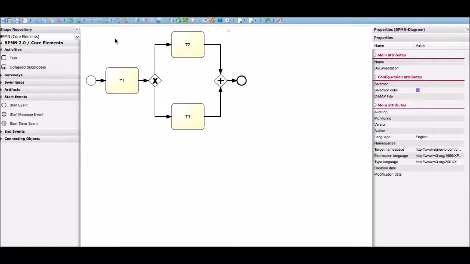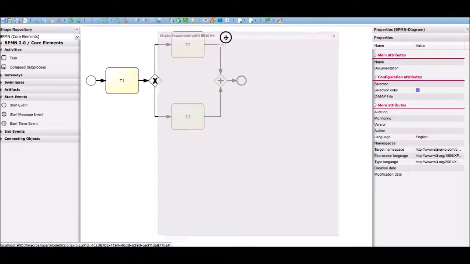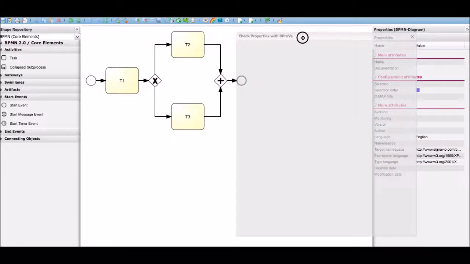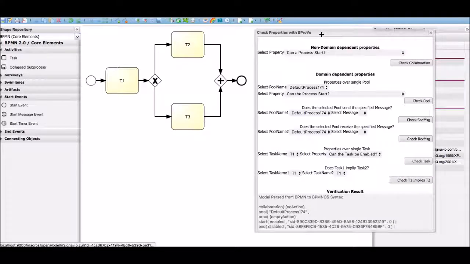Let's run our BProVe plugin for Apromore. We just need to click over this icon and a menu pops up. Clicking over this icon allows us to interact with the BProVe tool. Actually, our first call to the BProVe web service is done. This first call actually sends this model that we have designed to the BProVe web service, and it will return